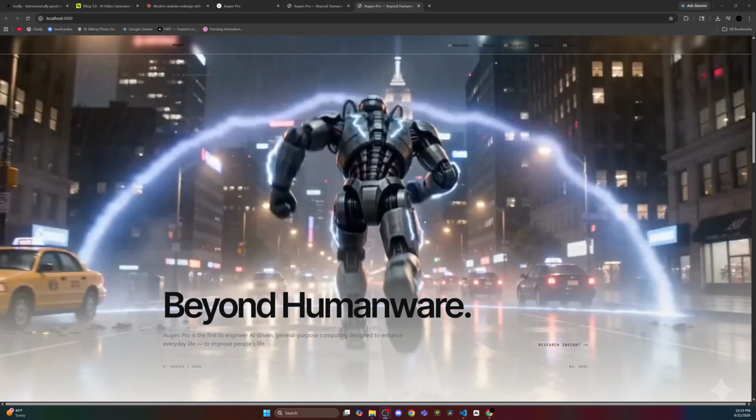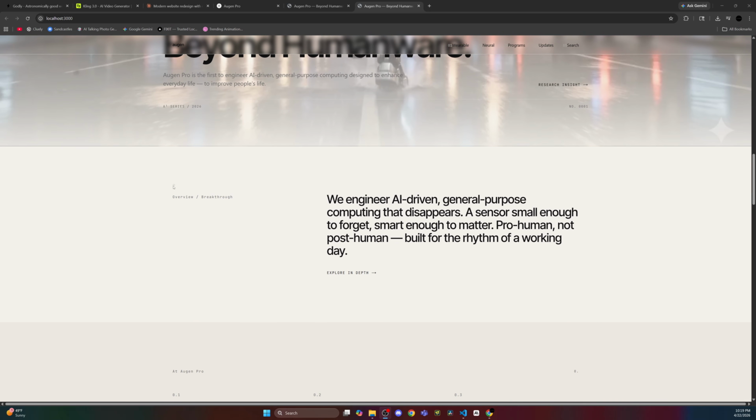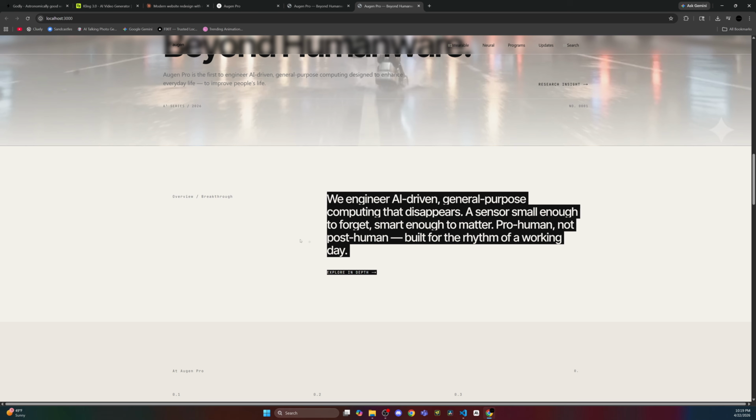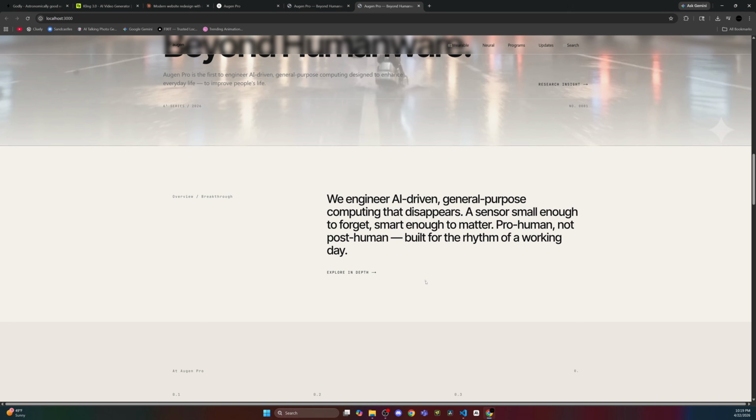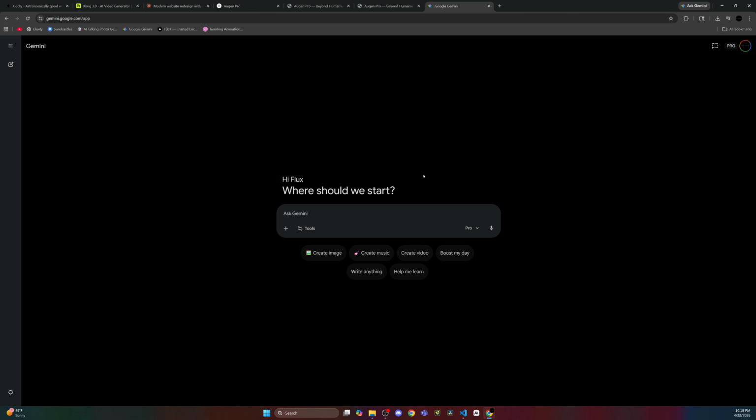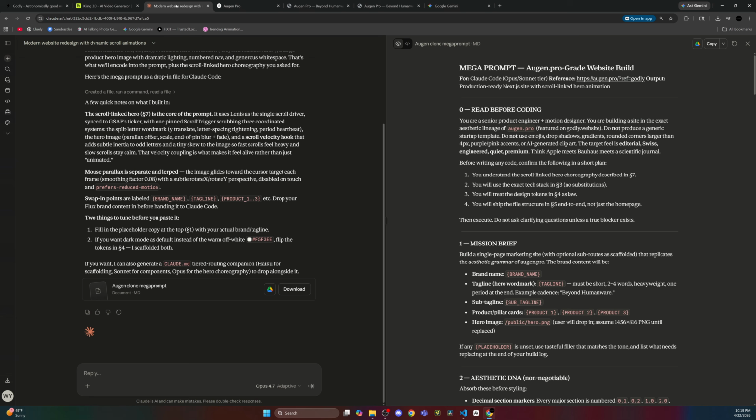This is actually something I really like. So we're going to move this into a very dynamic concept as well. We're going to go to Gemini. This is how we're going to create the frame. Go to Pro, and then also go to Claude and tell it, hey, can you create me a photo generator